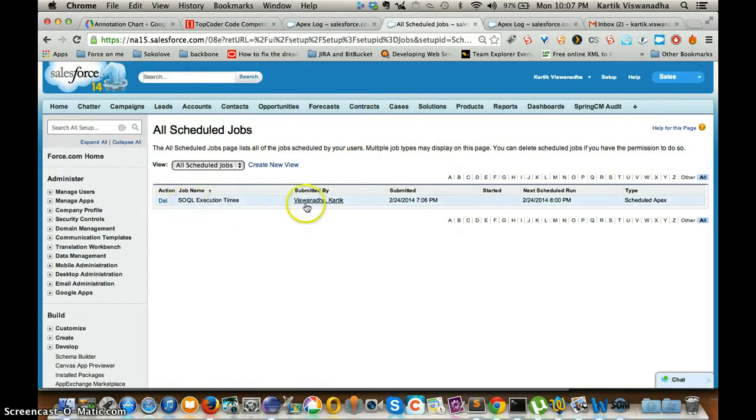So you can see the job that is scheduled, and its next run is at 8 o'clock Pacific time. Next time when it runs, it looks at that custom setting. Since 8 can be divided by 2 with a modulus of 0, it runs the job and inserts the records with the execution times. The same thing happens at 9 o'clock. It runs, but the modulo would be a 1, not a 0, so it will not run it. It will skip the job. So that's how the scheduler works.